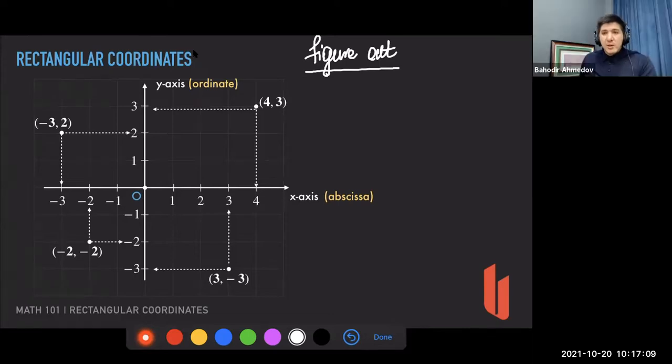So figuring out. So people have figured out that it is much easier to define, to express, to tell, to describe the position